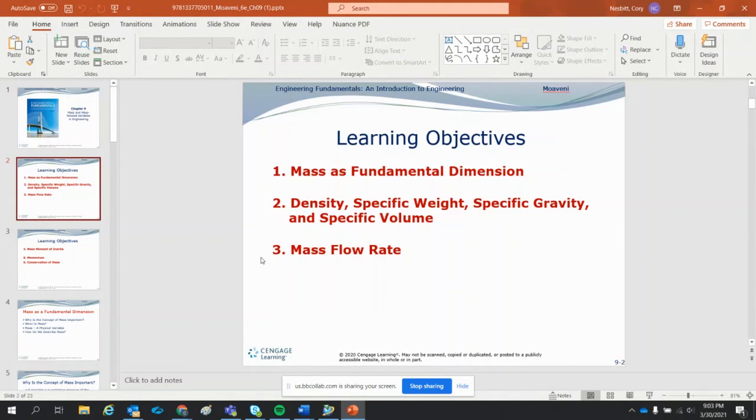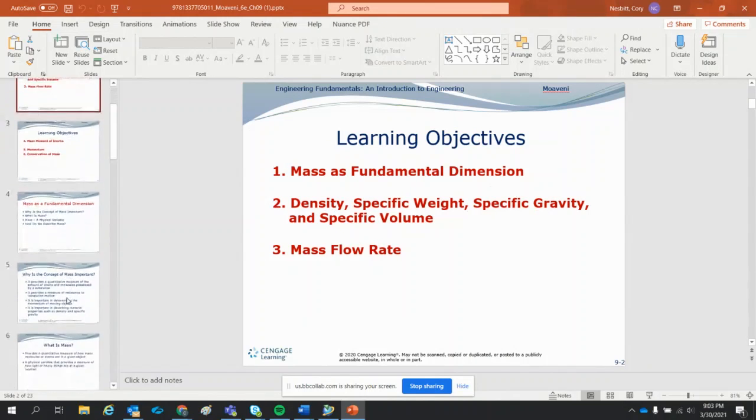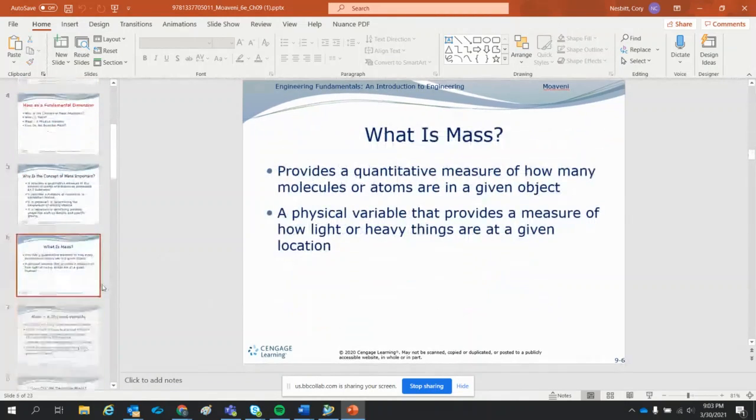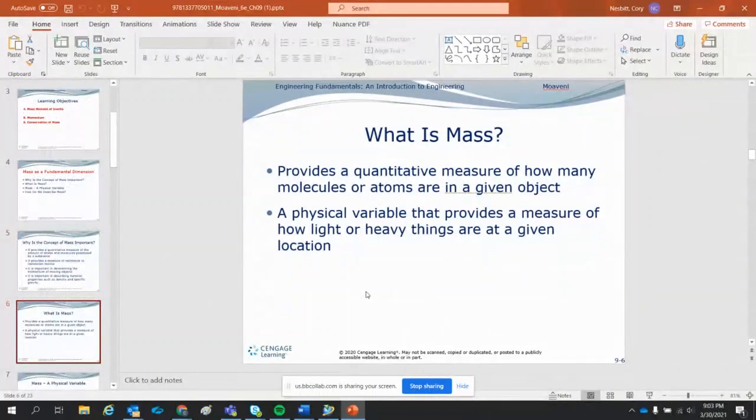Things we want to go over: mass as a fundamental dimension, density, specific weight, specific gravity, and specific volume. All right. What is mass? There's the definition. But when you think about mass,